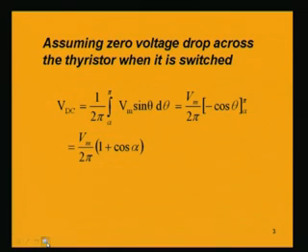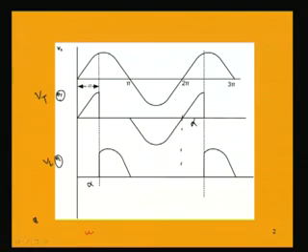Now, we can find out the voltage values, assuming 0 voltage drop across the thyristor when it is switched or fired. We can find out the DC value or average value of the voltage, because we have a rectifier, it is a half wave rectifier. So, using the expression for finding the mean value or the DC value over the whole period 2 pi, we are getting only the output voltage VL